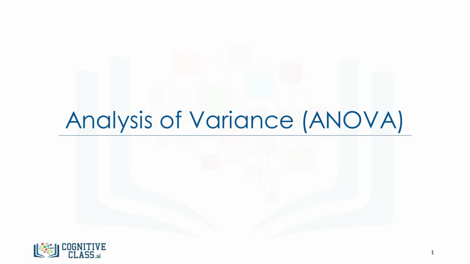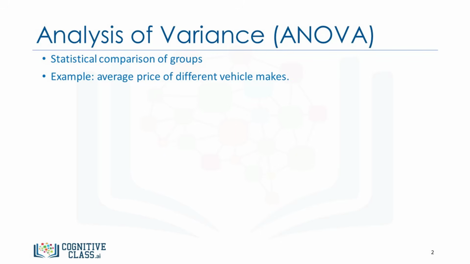In this video, we'll study analysis of variance. Assume that we want to analyze a categorical variable and see the correlation among different categories. For example, consider the car dataset. The question we may ask is, how different categories of the make feature, as a categorical variable, has impact on